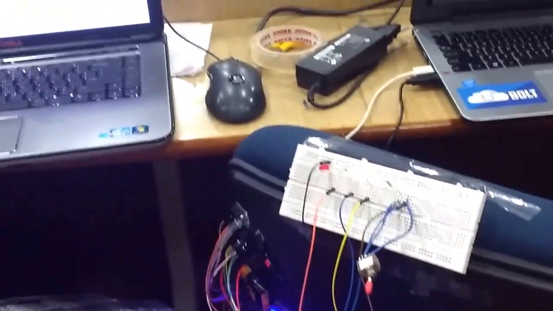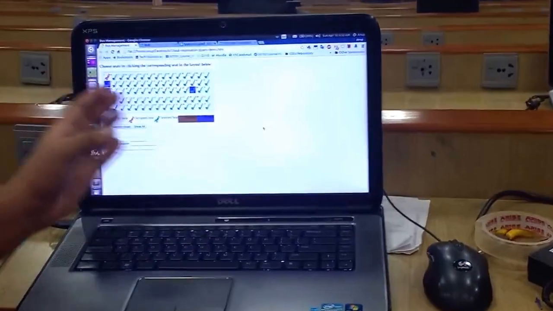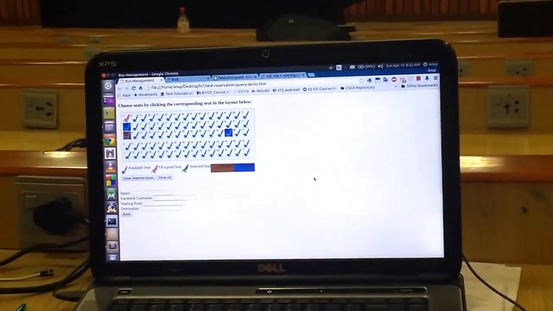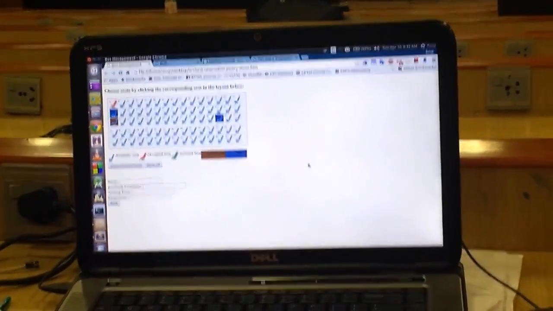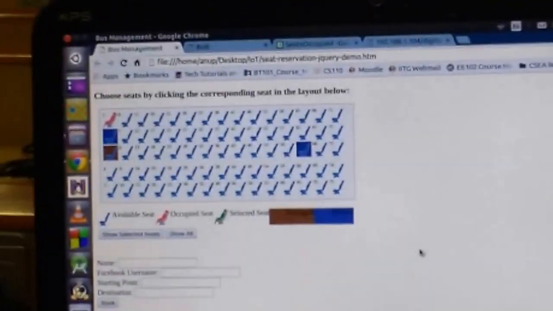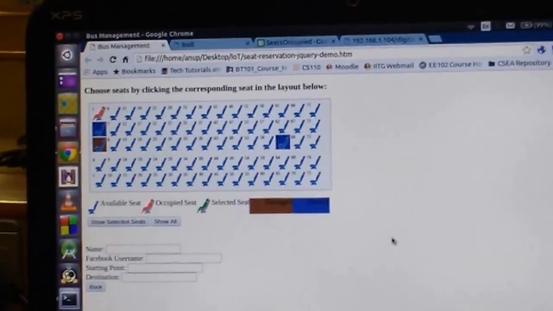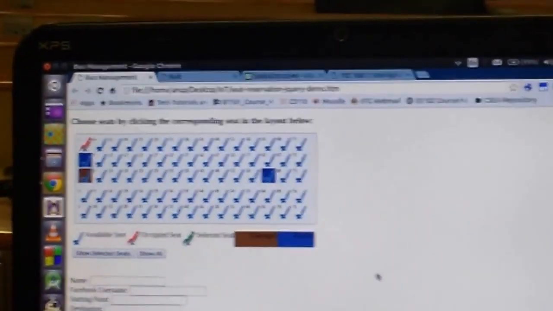For the front end part of our project, we have a basic web application setup which lists all the seats in the bus and shows their status, whether they are booked, vacant, or damaged. Also, for the second part, this is all on a remote server. Anyone connected to the same network or the internet can view this web page.